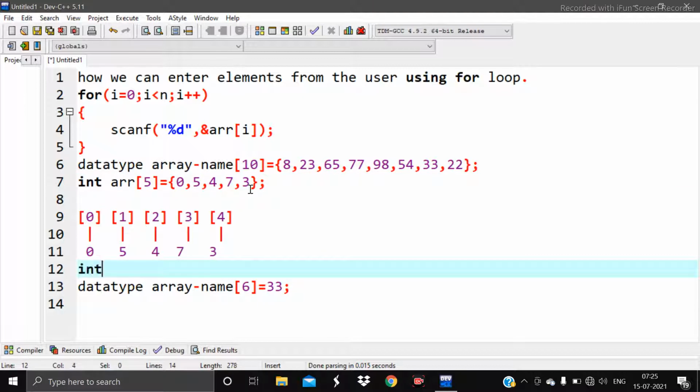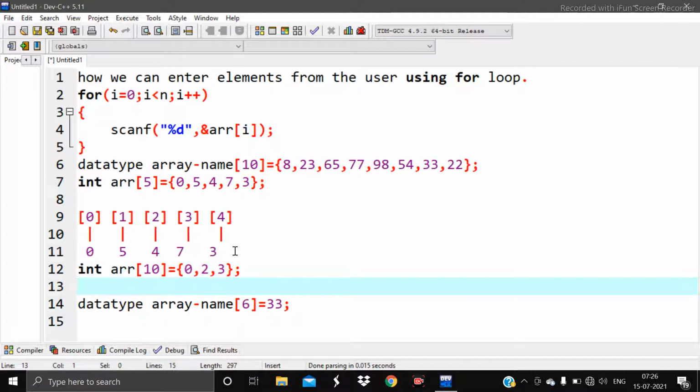So now if the situation is like this: int arr[10], the size of the array is 10, but you want to enter only three values: 0, 2, 3. Obviously the size will be 10 and the elements are 3, so 7 spaces would be left. 0 will be allocated by the compiler at the rest of the indexes.